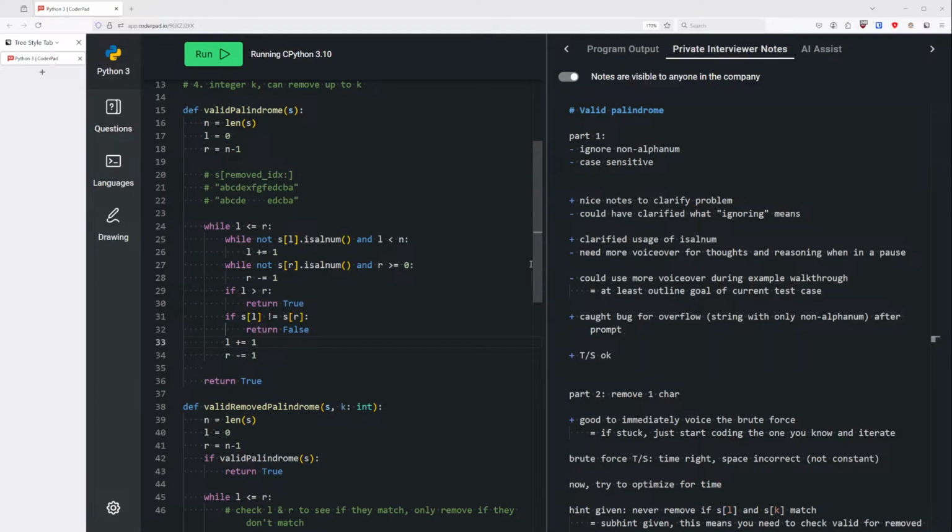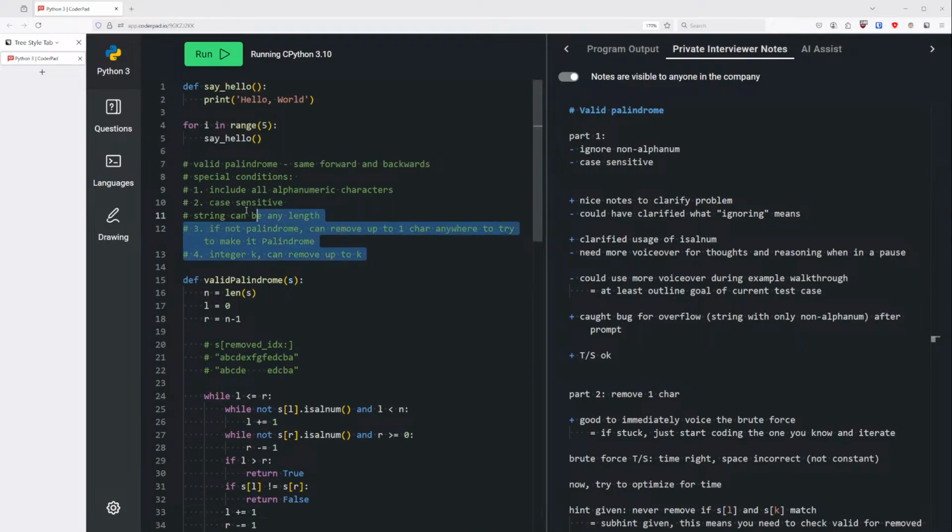Now, a couple things off the bat. Good notes. Laying out the test cases or the conditions is very good. I would say you can be even better if you immediately lay out a couple of strings you think might be edge cases. One thing you caught later on was, what about an empty string? But you don't need to wait till halfway to ask that. For this case, it wouldn't affect your solution at all if I said either way. But whenever the input is a string, you should immediately ask, what are the string edge cases? Empty string, null string, string with